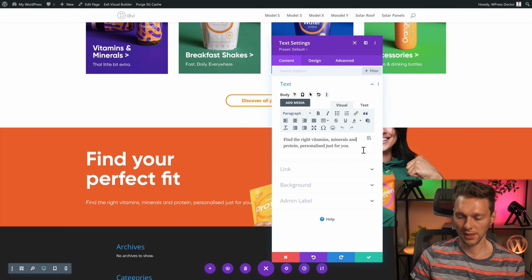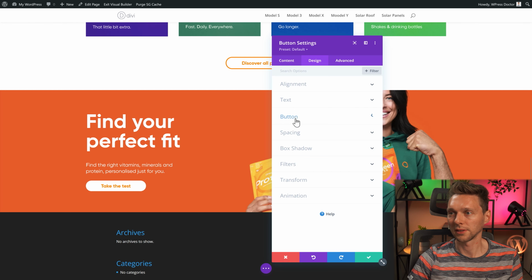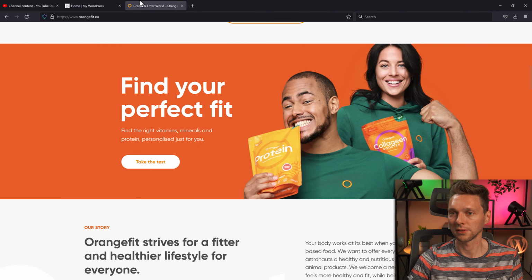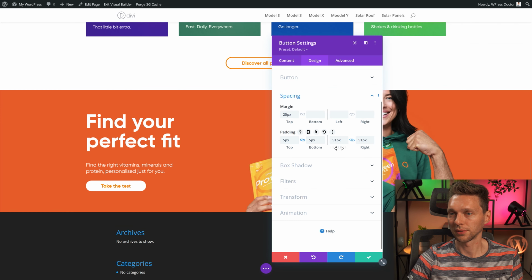After the end, I want a new line. Press Shift Enter. And then like this. And then we have a button, which is another button. So let's copy this. Then this button is on the left side, and this time they don't have a border width. And then we go to design, and then we go to spacing, and it's just a little bit smaller, and it's a little bit higher.